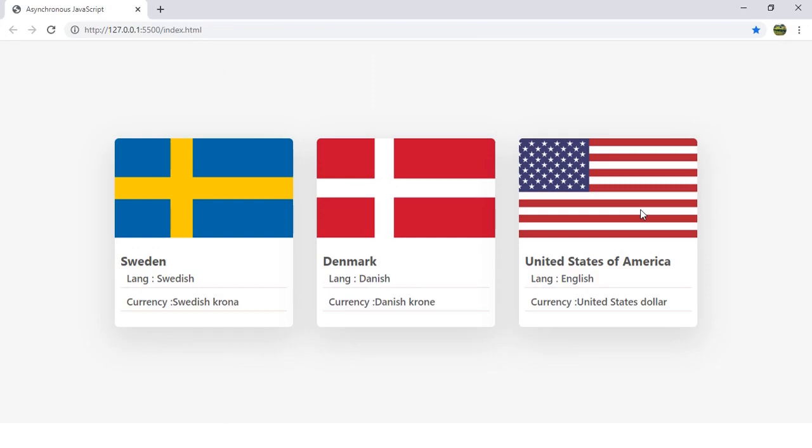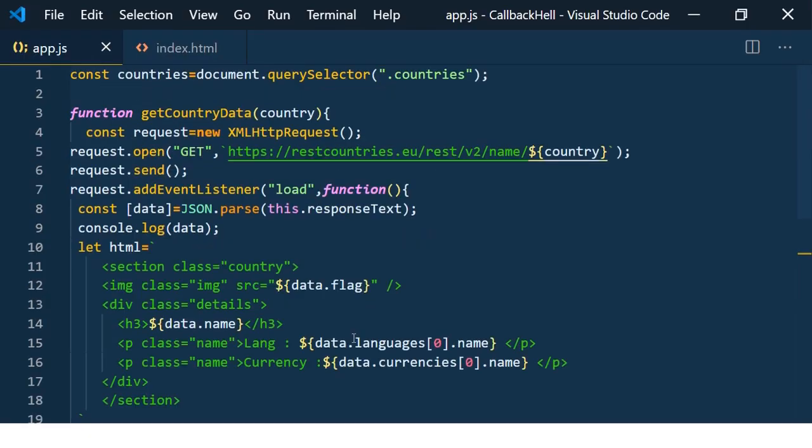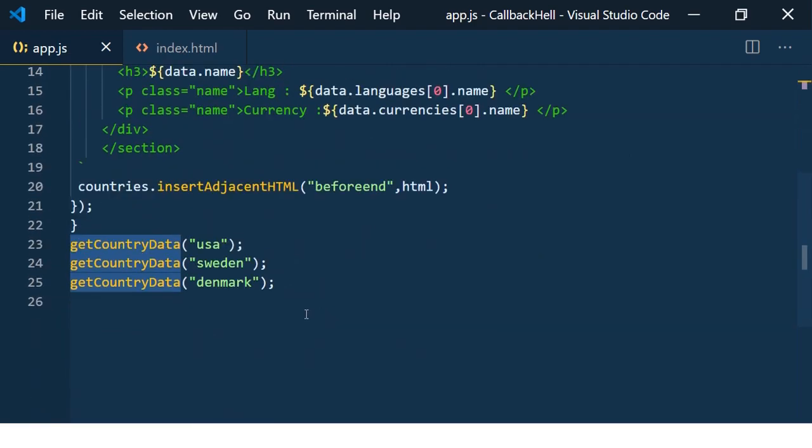So now let us see how to make the calls in sequence. Like first load the data of USA, then load the other country. So go to app.js and here we have getCountryData. So I just use only USA here.